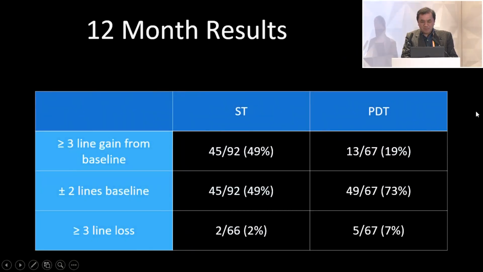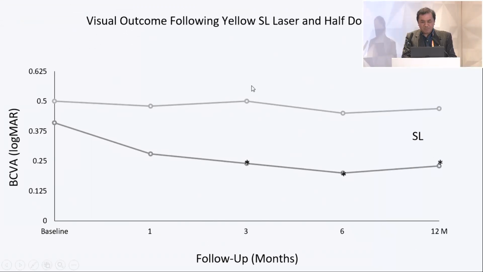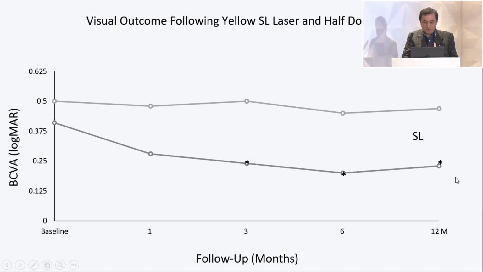If we look at the visual acuity in more detail, you can see the distribution of visual acuities were better in the subthreshold laser compared to the PDT group. Here you can see this graphically. So let me remind you, this is the best corrected visual acuity in logMAR scale. So again, the higher the logMAR, the worse the visual acuity. And you can see here the PDT group, pretty much a flat line, whereas the micropulse was, you could see here, statistically significant differences from the baseline, or an improvement in best corrected visual acuity